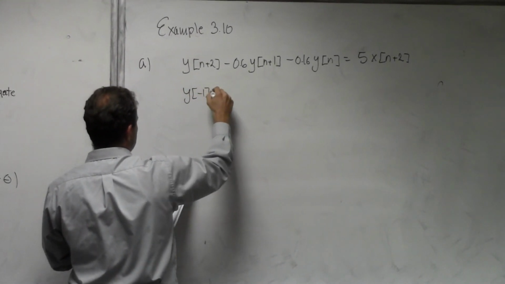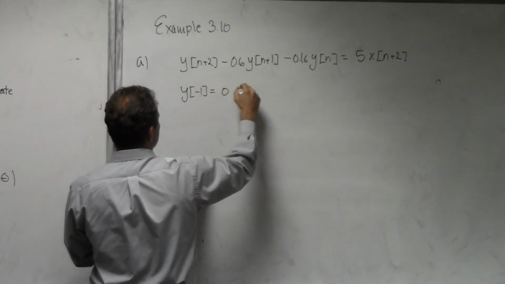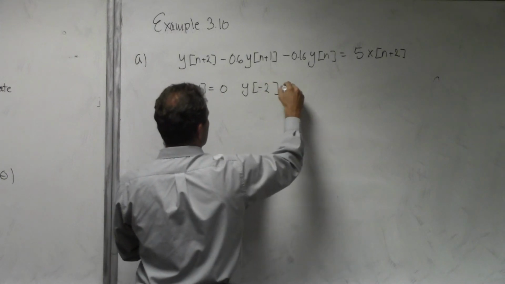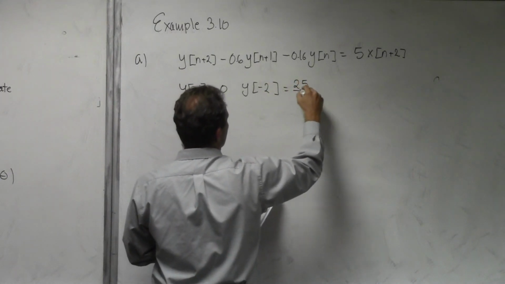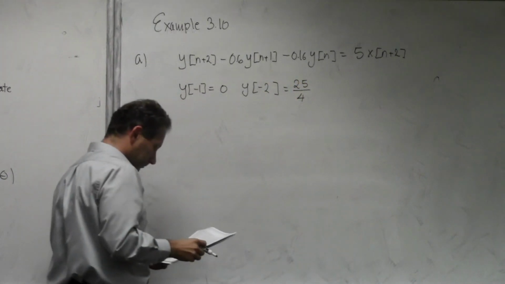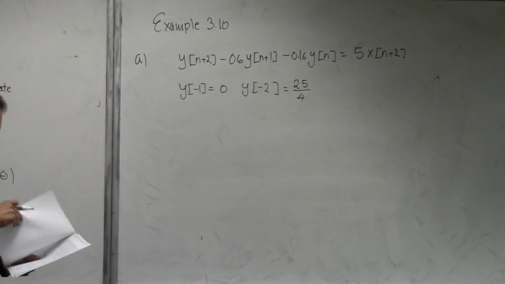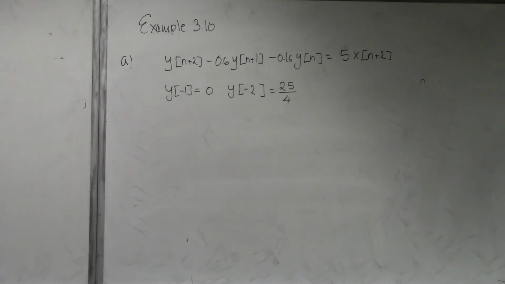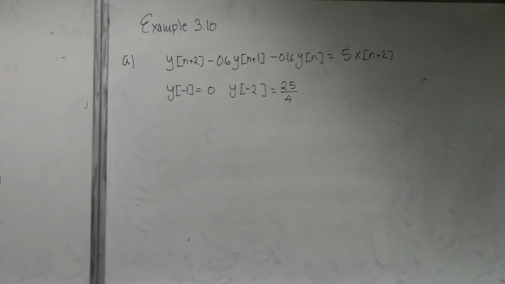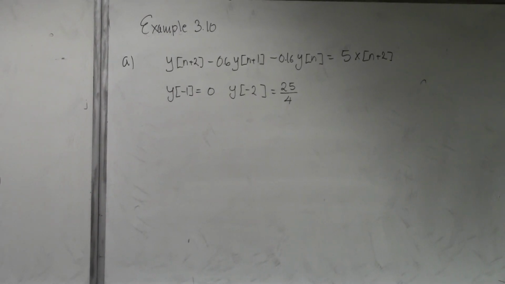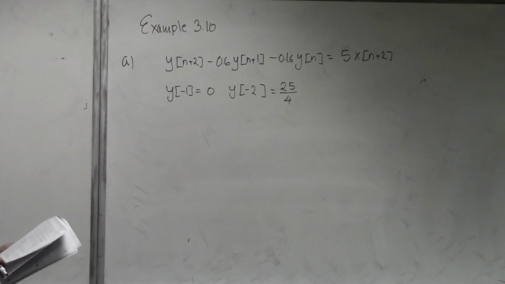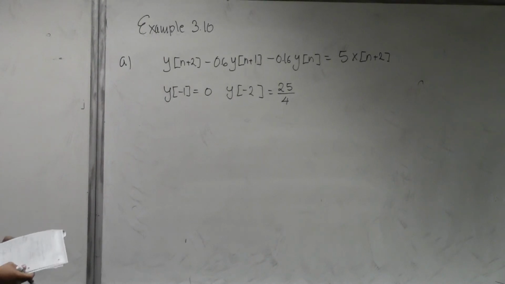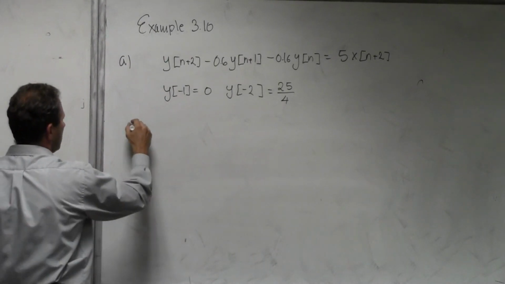y[-1] is going to be 0. y[-2] is equal to 25 over 4. So how do we determine the zero input response of this system? Let me make sure that I follow my notes. I actually say there are 2 steps. So step 1,